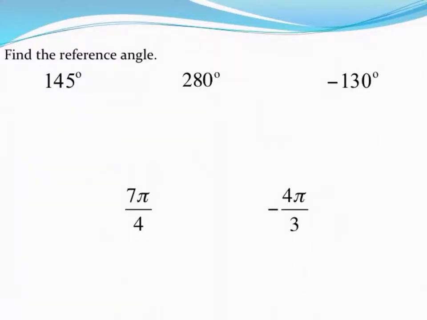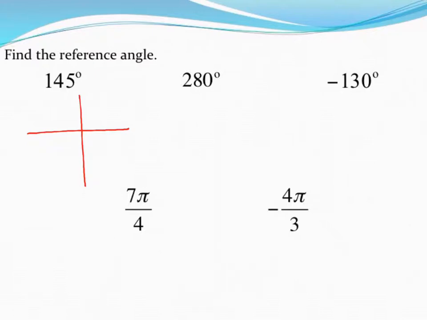To find a reference angle, we're going to find the acute angle that our angle makes with the x-axis. It's always with the x-axis and never with the y-axis. Because it's acute, it needs to be less than 90 and it needs to be positive. There are some formulas you can use that we talked about in class, but I like to use some simple